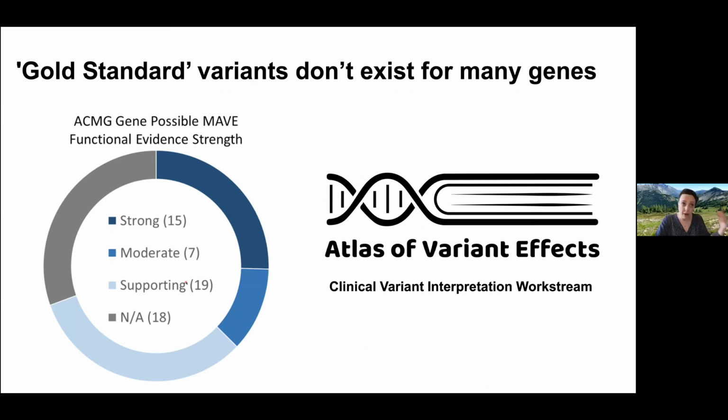So even with a perfect MAVE for most of these genes, you would be capped at supporting or even no evidence, not being able to use this evidence at all for 18 of them, which